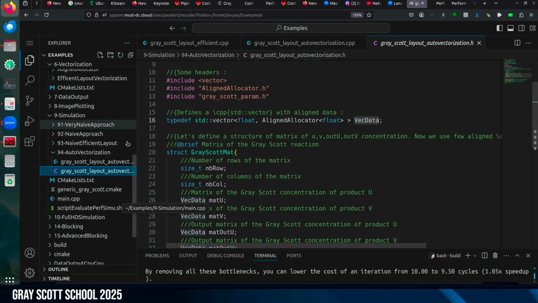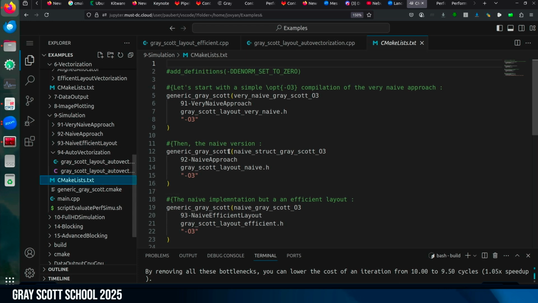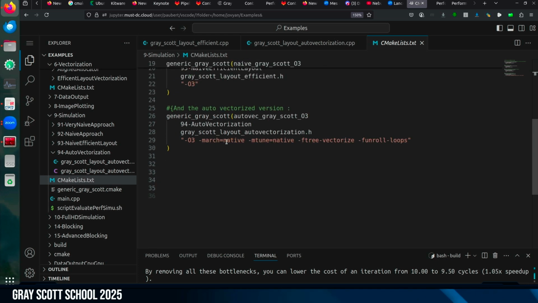this kind of stuff, so basically you can copy paste one directory to create a 95 directory. Then don't forget to change this one. So here it's really pretty simple. You have the generic Grassroots compilation, and then you create your target. So for example, Laplacian O3 vectorized, and then you get the directory you want to use with your sources, the include you want to use inside your directory, and the option you want to pass. And normally you will be proud of yourself because you will have a nice optimized simulation at the end of